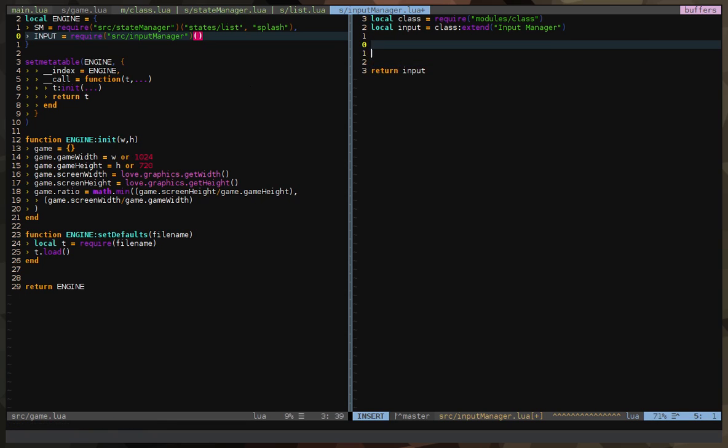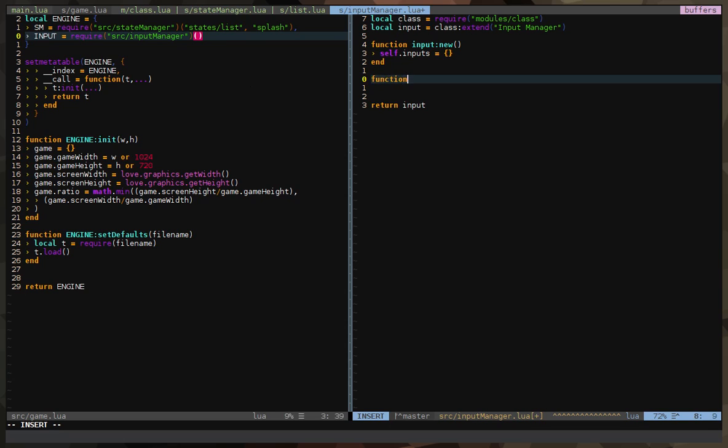And as always, let's create our new function, and let's create here a simple table, self.inputs, where we are just going to store all input events or the input table there.